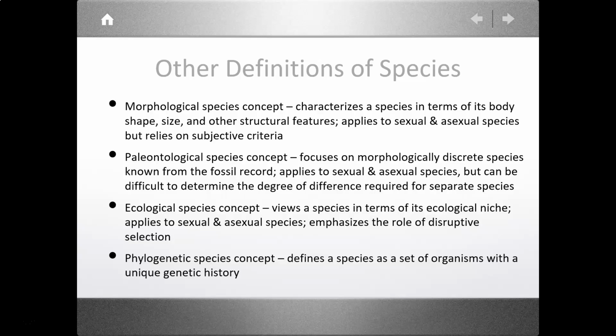Phylogenetic species concept. This has become much more favorable the more that we are capable of doing genetic research and sequencing genomes and understanding all of that. The more that that's getting easier, more accurate, more reliable, cheaper, faster, all of that. This has kind of been the route that we've been taking much more recently. And phylogenetic species concepts really are looking at the organisms within their own unique genetic history. And so we have to have the ability to understand what genes are, what they do, how to sequence them. And again, we're getting better and better at that and comparing that